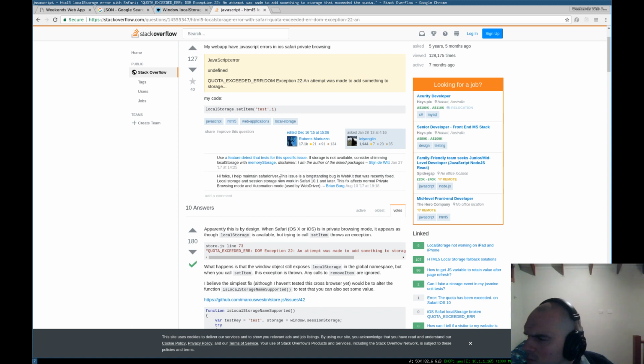This fix affects normal private browsing mode. Now work in Safari 10.1 and later. Okay, it has been fixed, but maybe we'll still get caught by the older versions. And